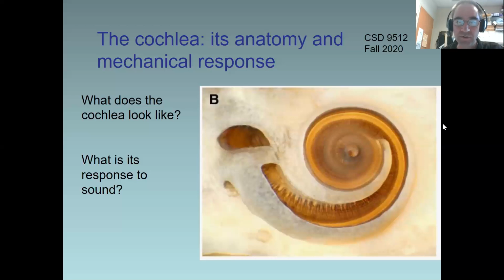Okay, so I'll show you here an image, and there's a description later on of where I got this from in the PowerPoint slides. So this is actually a dissection of an actual human cochlea from a human temporal bone. And what you can see is the people who prepared this have chipped away at the temporal bone until they've broken through into the inner cavity of the cochlea, and you can see that it's a spiral. And we'll talk more about the shape and the structures here, but the main point I want to make, and they mention this in the textbook quite a bit, so check in chapter 16 and a couple other places,